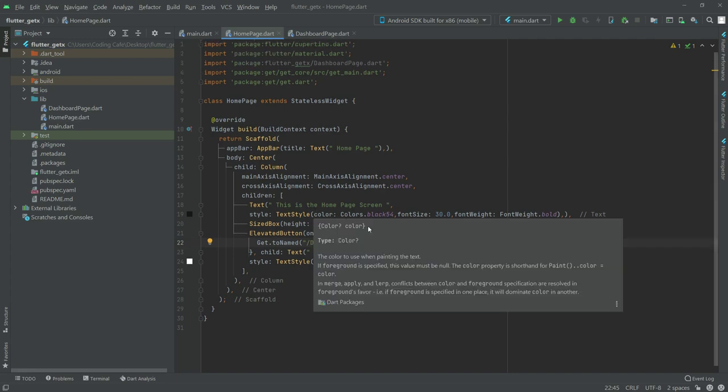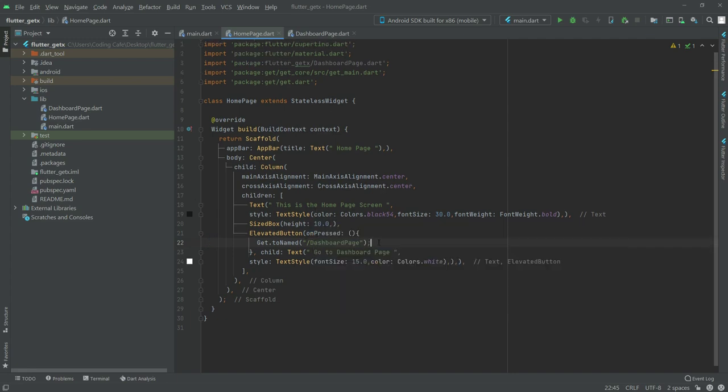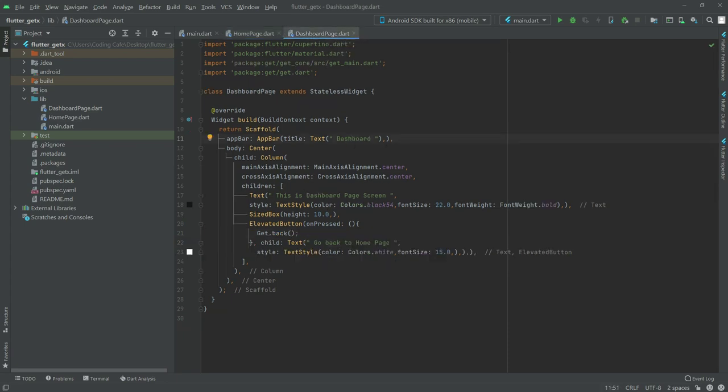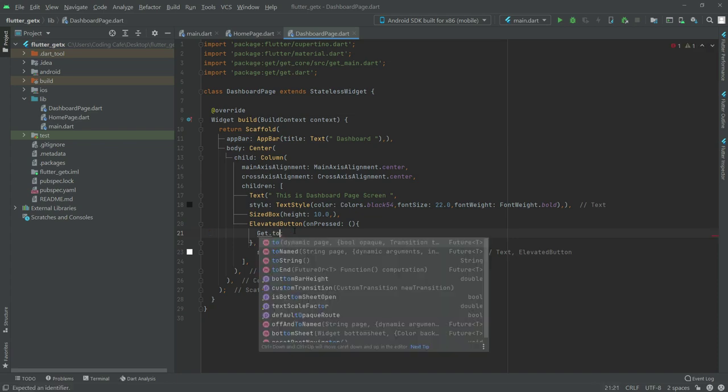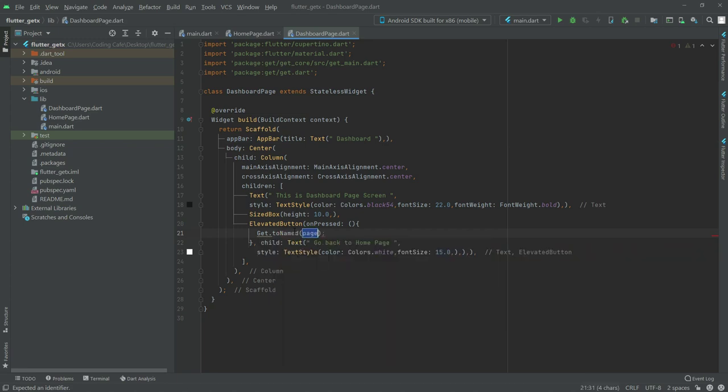We are done here. Now we will go to the dashboard, as you guys can see at the top right in here. We will change only one thing in here. Remove that, and we will set it to named, and write in here slash and home page.